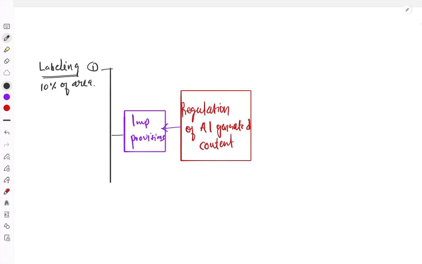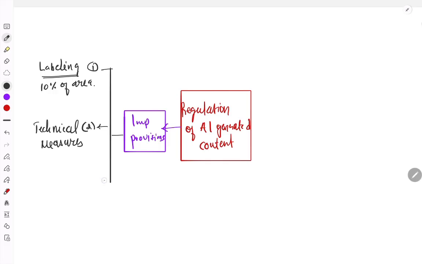video, audio, or image has been generated using artificial intelligence. Second thing is that the social media platform where these contents are getting posted will be taking some reasonable and technical measures. They will be using some technical measures to identify such content in order to make sure that they are following the law.